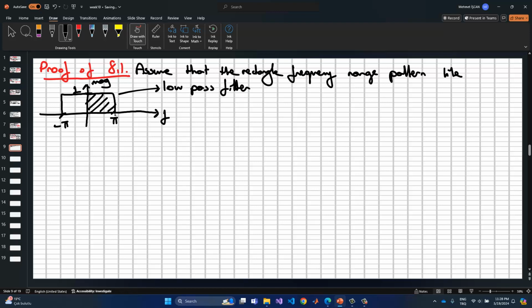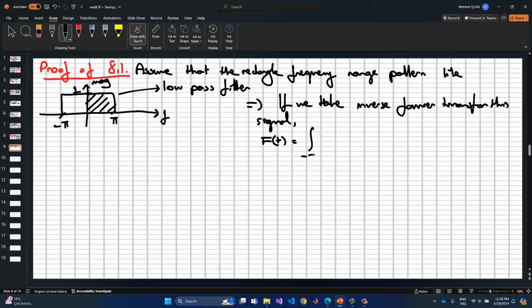Just remember that before pi we have a magnitude of 1, and after pi we have a magnitude of 0. Then if we take the inverse Fourier transform of this signal, it creates this pattern, f(t),